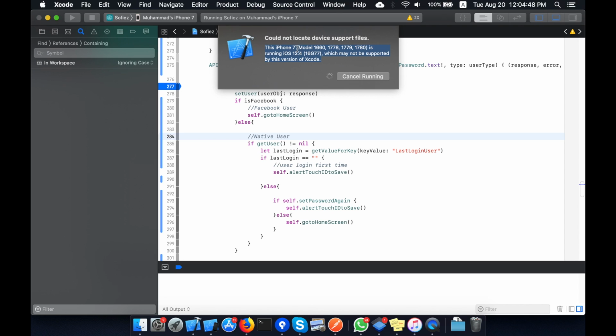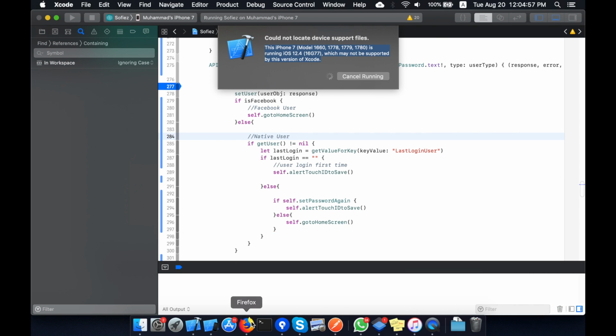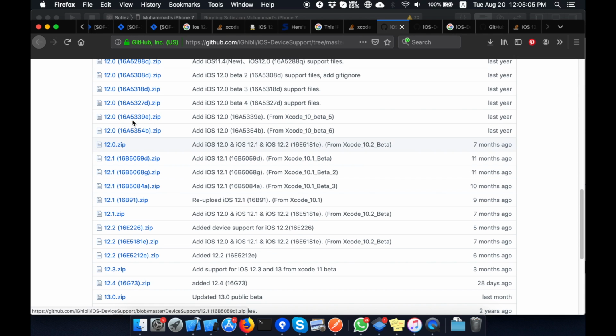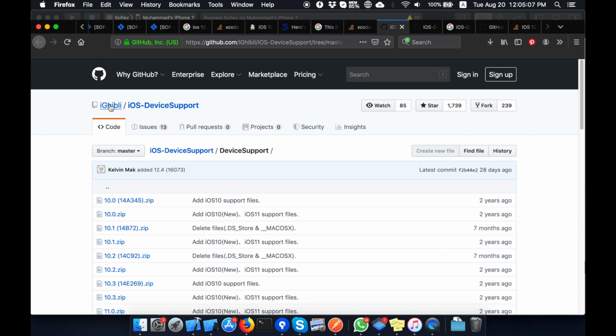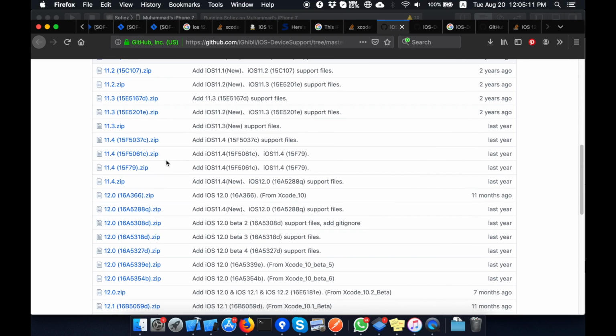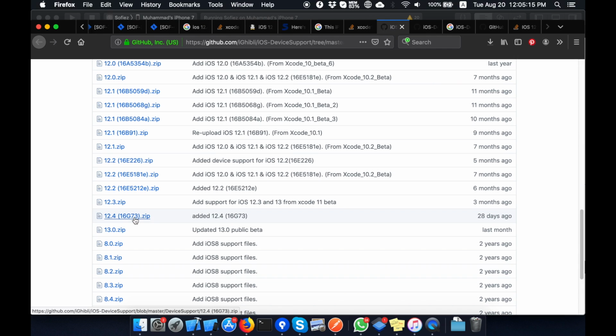So here is the message you can see if your real device version is not compatible with the Xcode. Now I can search this on Google and found the link. I will put this link in the description. I found another link where you can download the iOS device support folders. This GitHub guy will keep on updating new iOS device support versions, so I will download 12.4